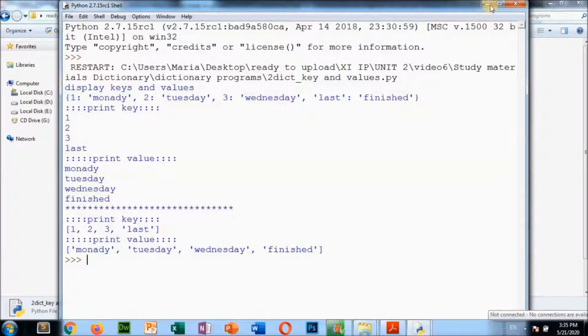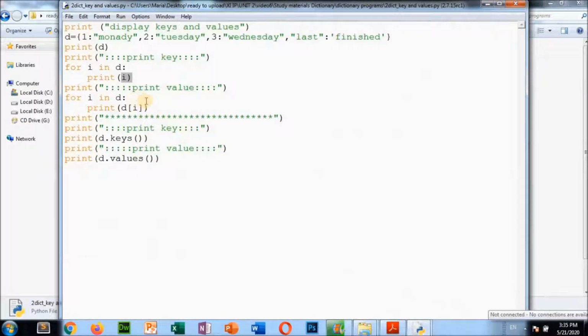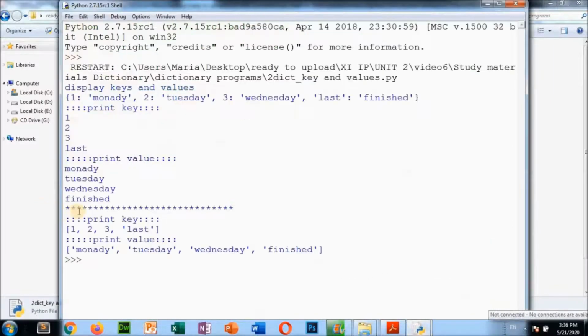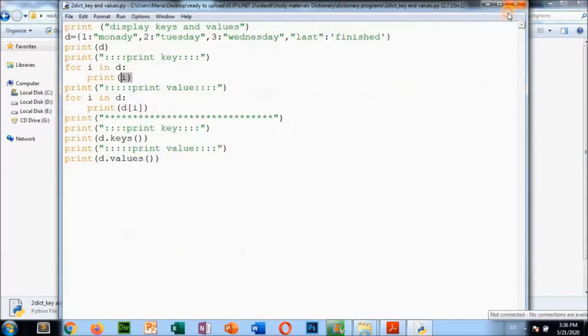Okay. So in the next one, see, if you write print D dot keys, then also it will display the keys. If you write D dot values, then also it will display the dictionary values. Okay. So for D dot keys, these are coming, and for D dot values, these are coming. Done. Go to the next example.